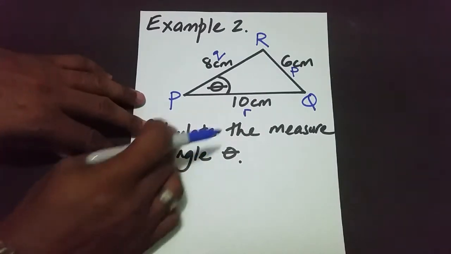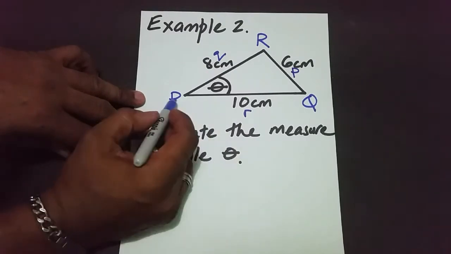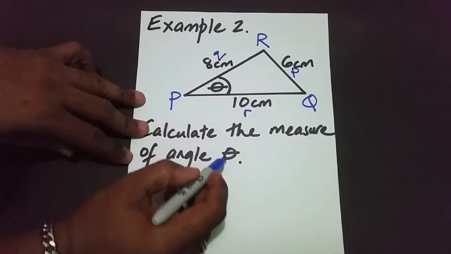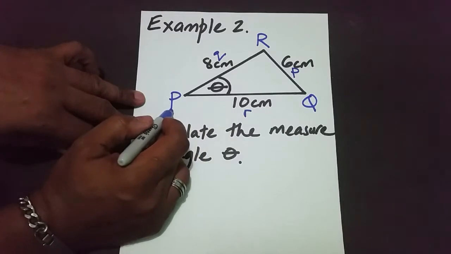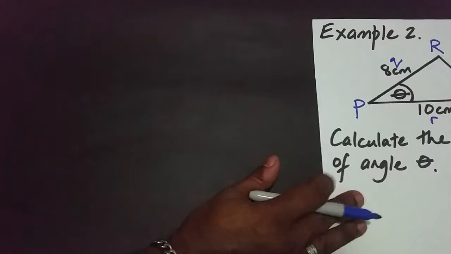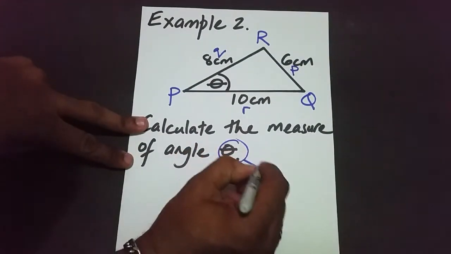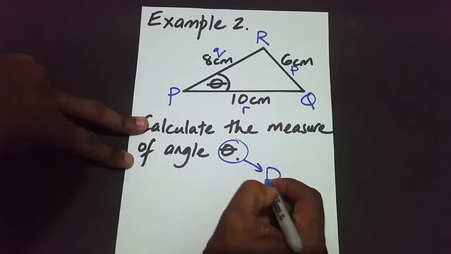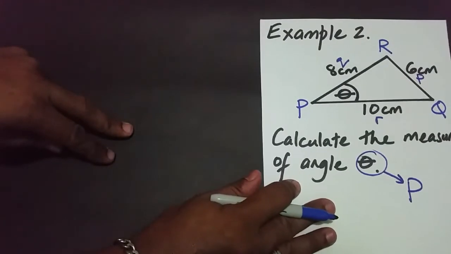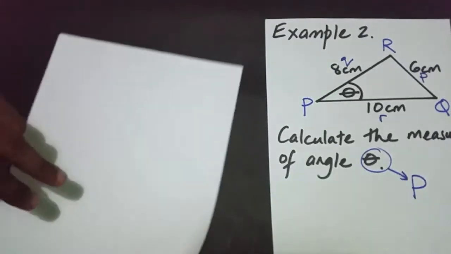But it says calculate the measure of angle theta, and notice that theta is big P. So please note that theta is big P. Now let's proceed with the solution to the question. Let me just make a note of this, that theta is now big P. So I'm going to slide this over here and proceed to the working out of the question. Now,